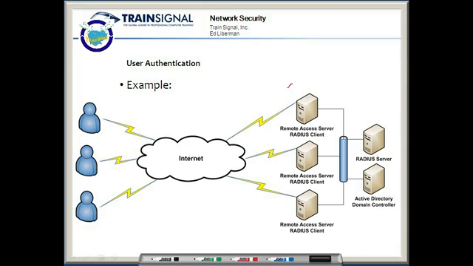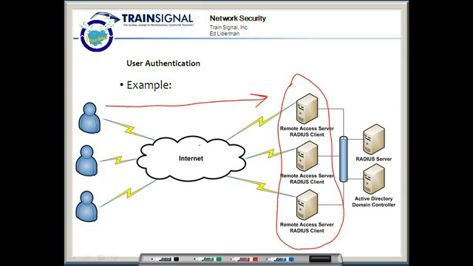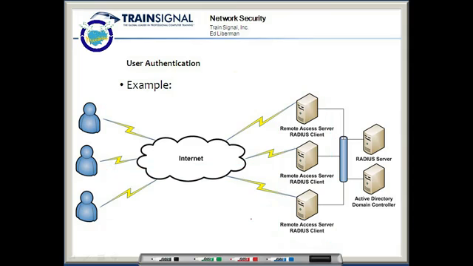So as you can see here, they're going to VPN into a pool of remote access servers. Or maybe we have one group of users who are going to connect to one specific remote access server, and another pool who's going to a different remote access server, and another pool that's going to a different remote access server. Well, there's a number of different ways of setting this up, but the bottom line is you have multiple